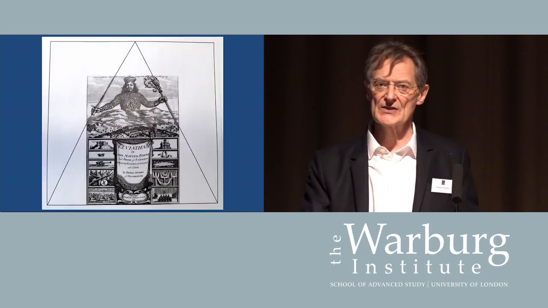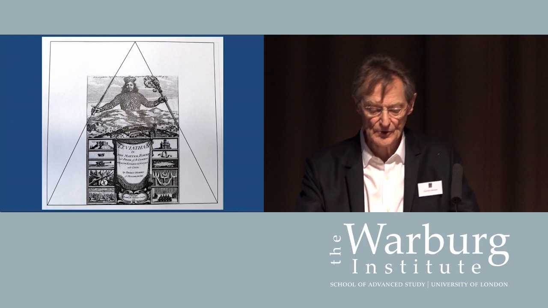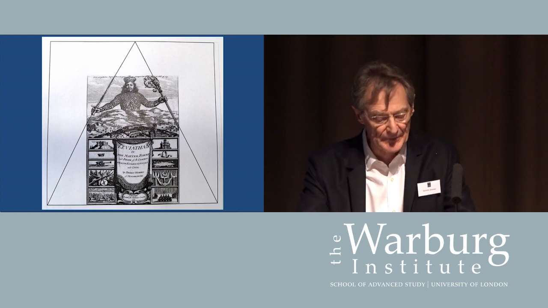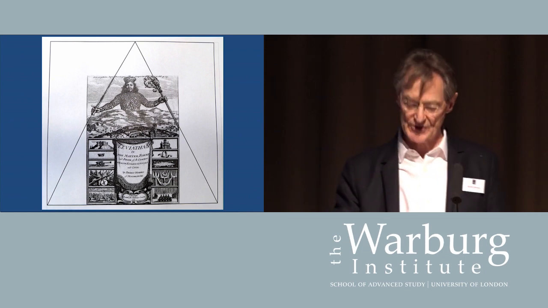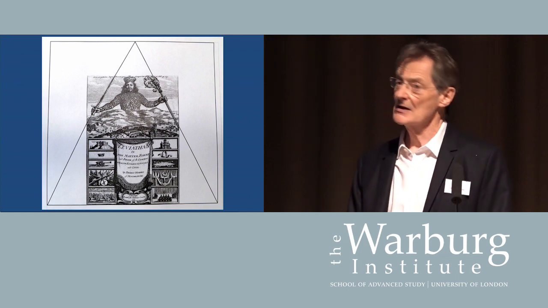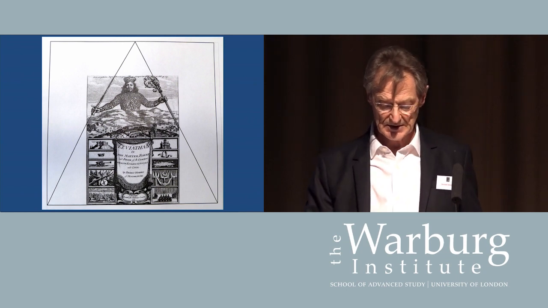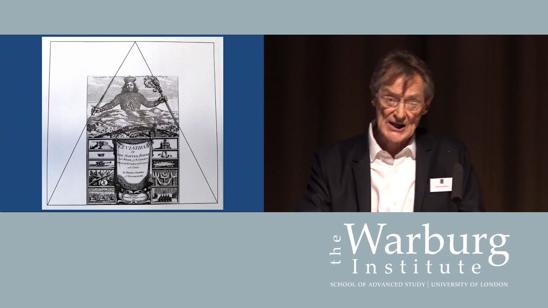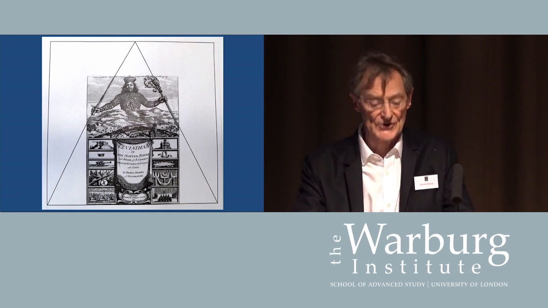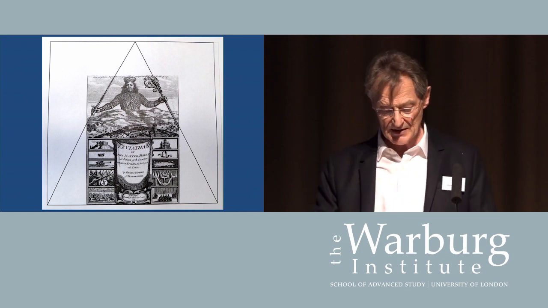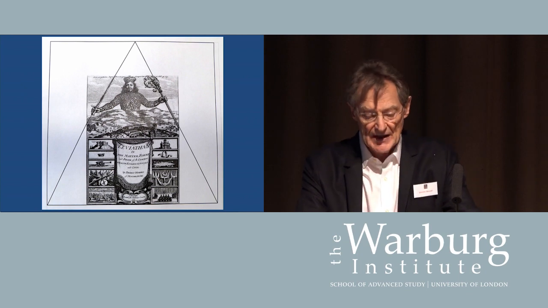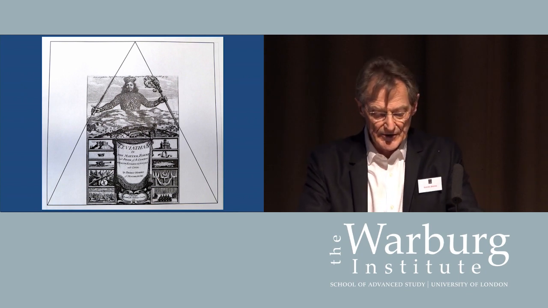You will find this. You will find that you've constructed a triangle encompassing not merely the colossus, but the entirety of the frontispiece. Notice that the triangle is not isosceles. The colossus holds the sword further away from his body than he does his crozier, so that the left side of the triangle is longer than the right.